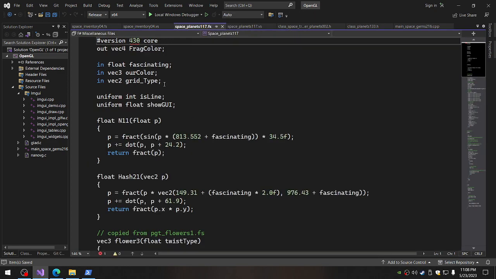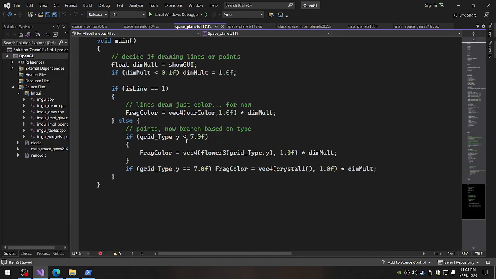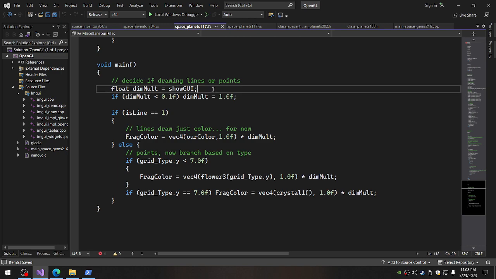Oh, we got all this. Okay, so our color grid type. Now down here. Okay, so dim multiplier equals show GUI. What the heck? If dim multiplier is 1, then dim multiplier equals 1. If line equals 1, lines just draw color for now. Else points. Now branch based on, so here, if the grid type is less than 7, if it's equal to 7,